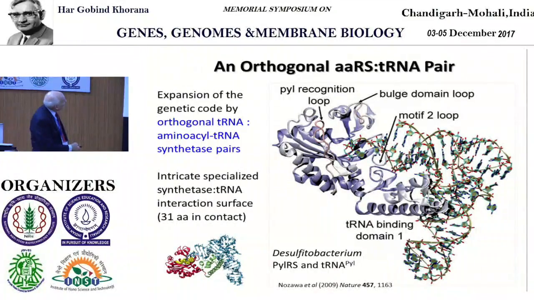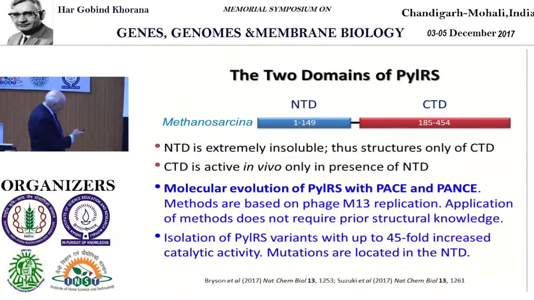So we had a paper in Nature showing the co-crystal structure of the C-terminal domain of PylRS with the tRNA. Unlike other amino acid synthetase tRNA complexes, this is the enzyme that reaches into the inside of the L shape, and it has a very intricate, specialized synthetase tRNA interaction interface, which I will exemplify in a minute. So we went ahead to look for molecular evolution tools for pyrrolysyl tRNA synthetase with PACE